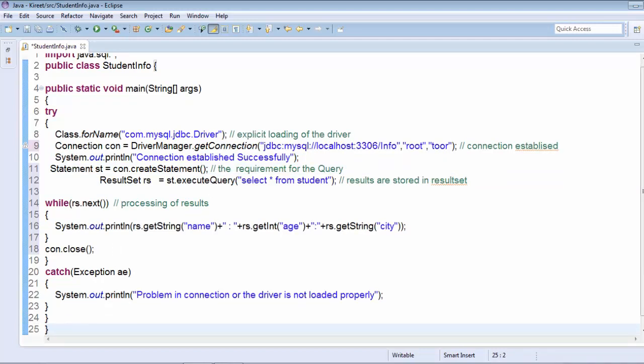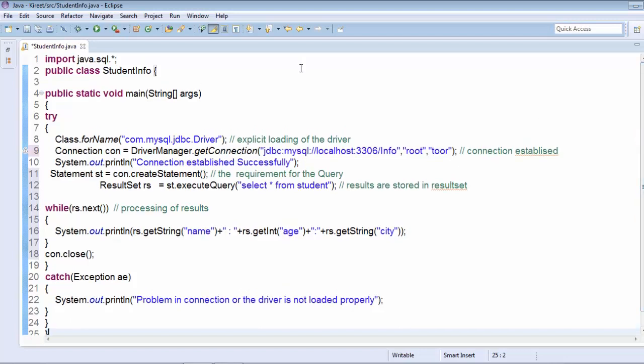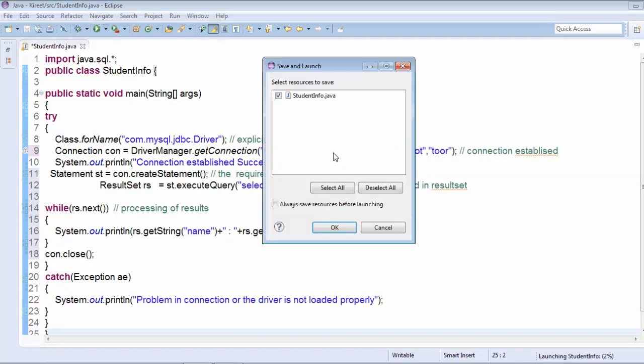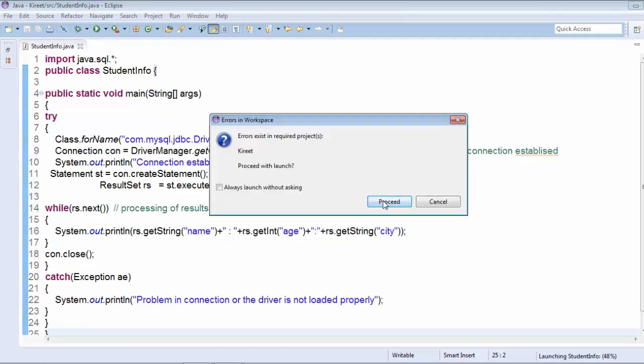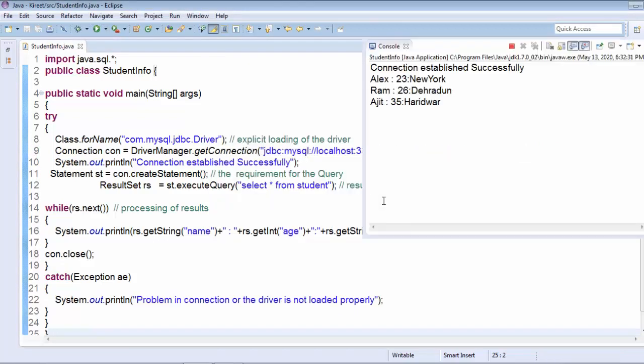So we are just done, I think. Let's try to execute this and see what happens. Here you can see, connection established successfully, and in our table there were three rows, corresponding to three attributes.